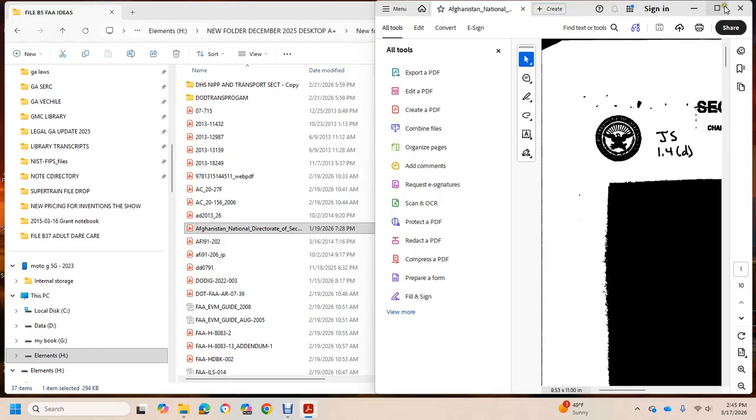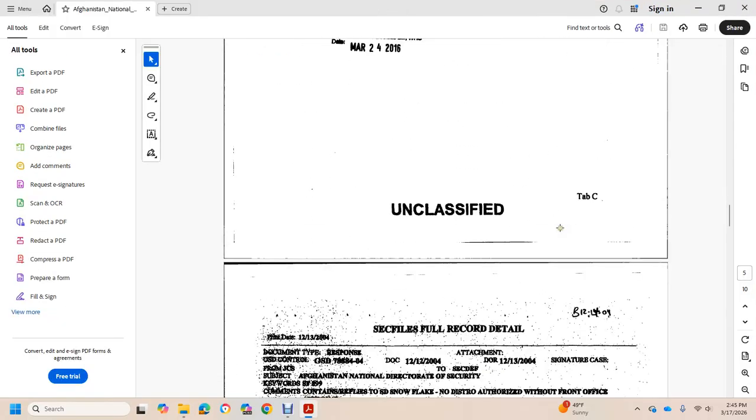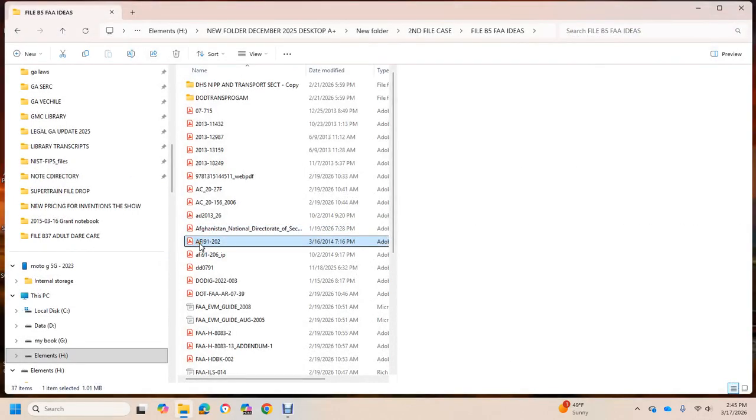Where does it say? This is pretty much blotted out. There's 10 pages. It's secret info. It's been blotted out. But this shows the Afghanistan National Directory Secretary comments containing replies to Snowflake, no dispute, authorized with front office approval. Afghanistan Director of National Security. This was attached in data revision 12/13/2004. AFIN,